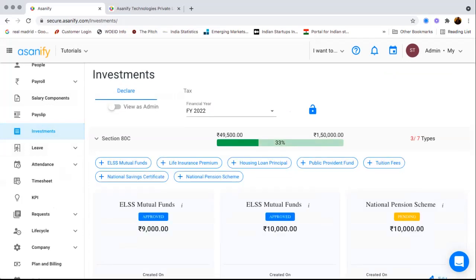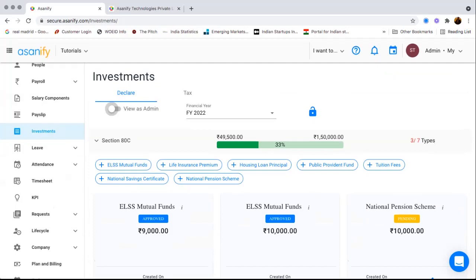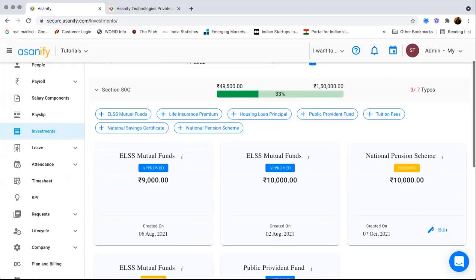And they can go to each of the sections. So this is a very gamified feature that you can declare your investments for every financial year. As an employee and as an admin, I can edit that. But what we do is we say that for an employee, they don't need to understand all the nuances of 80C. All they need to know is 1,50,000, for example, for 80C is the benefit. They are at 33%. So how will they save more?